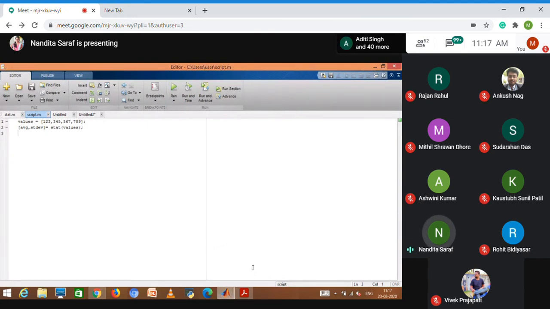Yes, we always have to save the function file with the name of the function, because how would MATLAB know that you want this particular function to be used in this script file? In future you'll have multiple function files and multiple script codes. So you want multiple functions to be taken at different times. MATLAB has to be able to search if this command is asking for this particular function. So you always have to save your function name and function file with the same name.